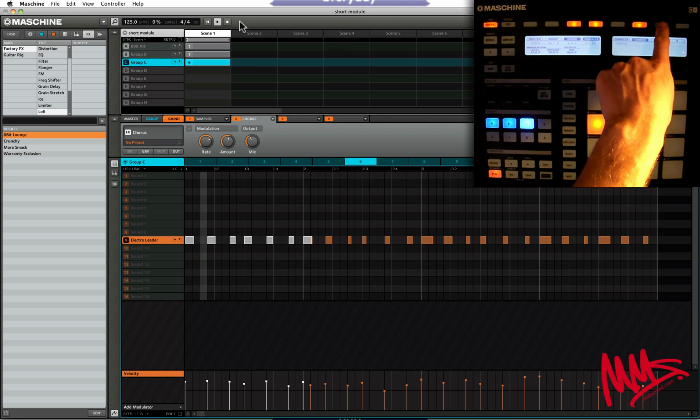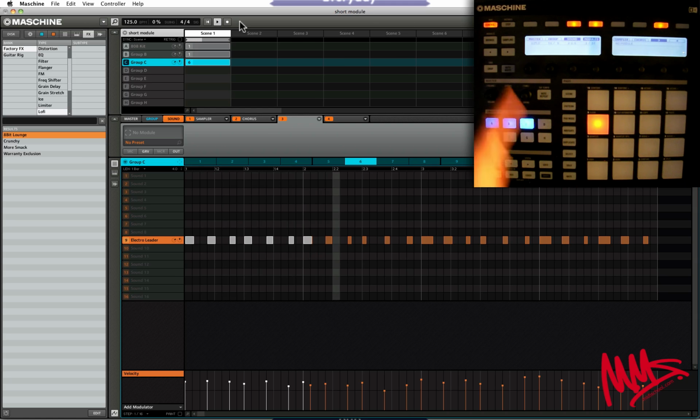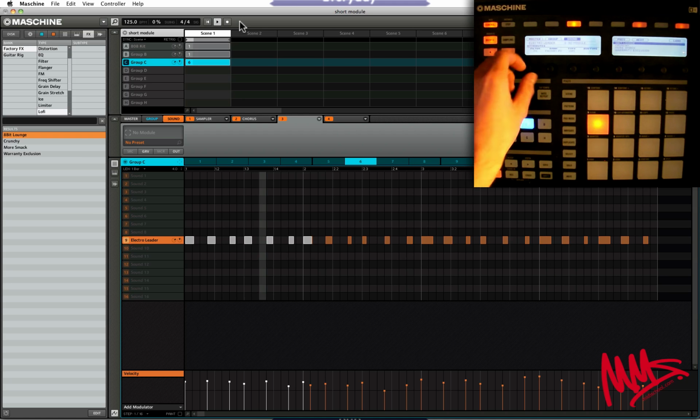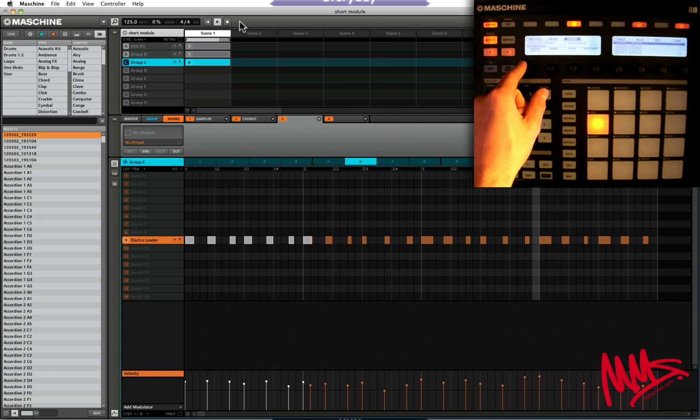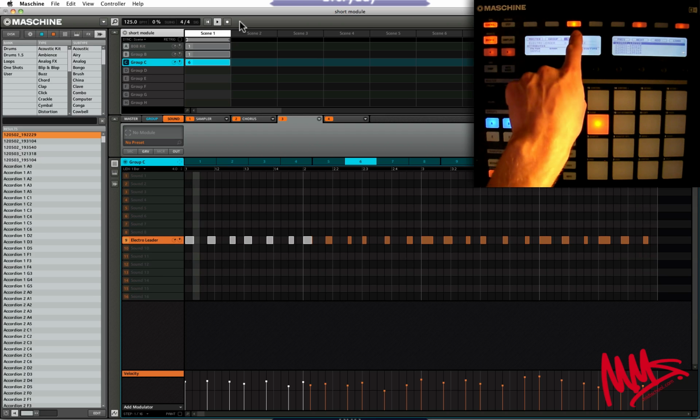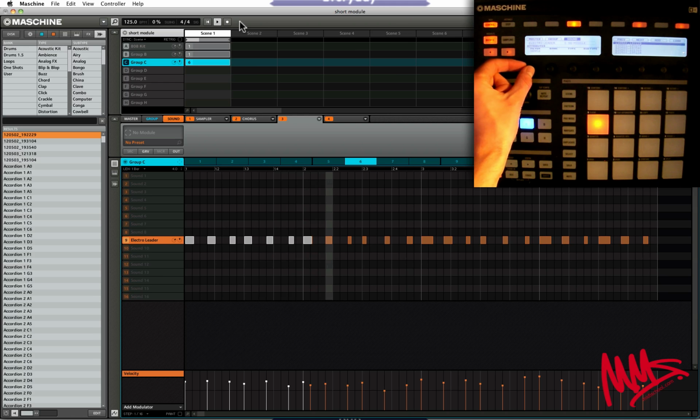Let's move over to slot number 3. So I press that, and then I can press browse mode. And then I can start to add some effects into the remaining 2 module slots. So from the first rotary control, we need to select effects. Obviously, we made sure that sound is selected, button number 3. So I'm going to select